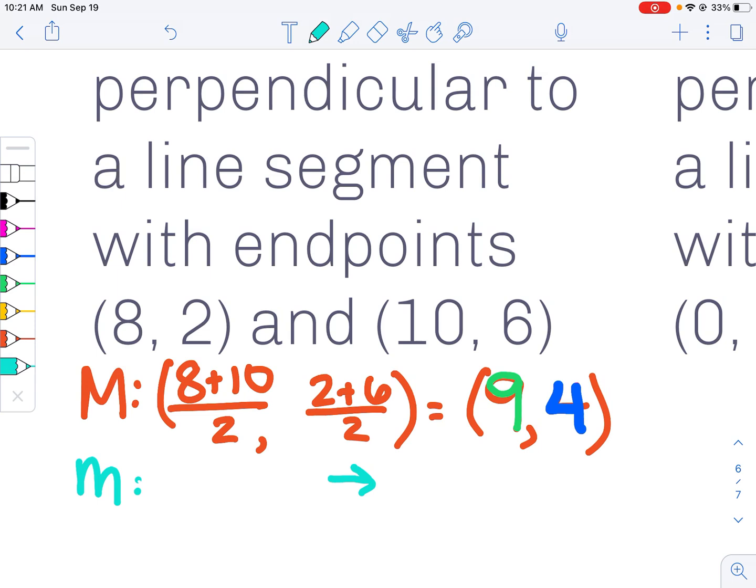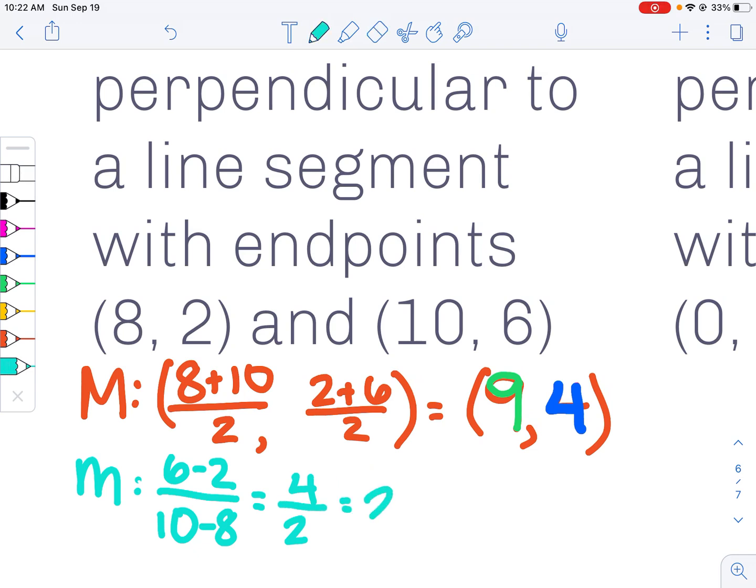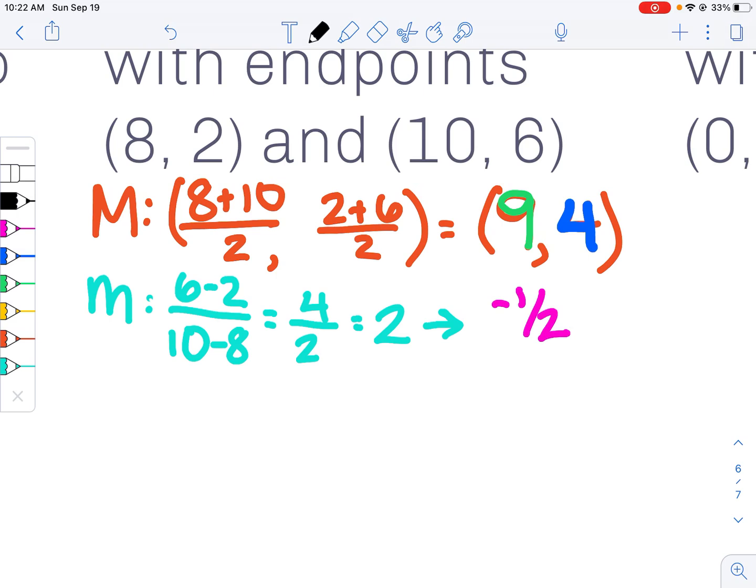The slope of the line segment that I was given is 6 minus 2 over 10 minus 8, which is 4 over 2, or just 2. When I go ahead and find the opposite reciprocal of that, the opposite reciprocal of positive 2 is negative 1/2. So I'm using my midpoint (9, 4) and my perpendicular slope, and I'm going to throw that into point slope form. So I'm using the perpendicular slope and the midpoint